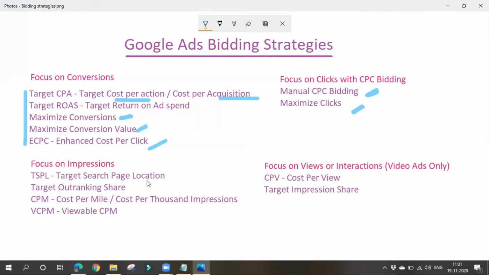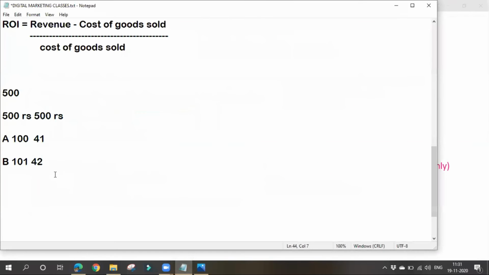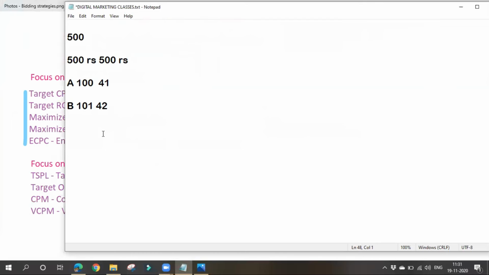Top of the page means positions 1 to 4. In case of this target search page location bidding strategy, Google will automatically adjust our bids in order to show our ads on the first page of search results.